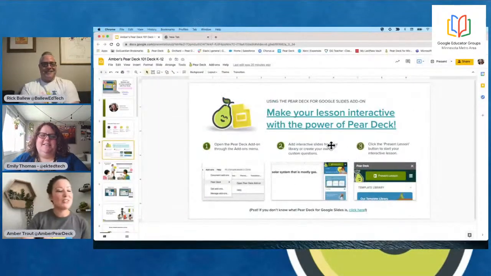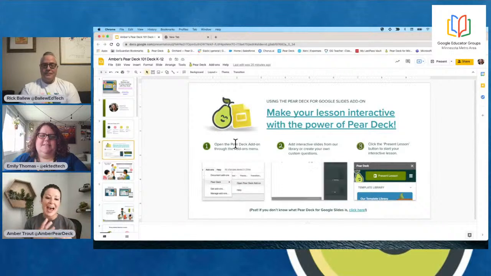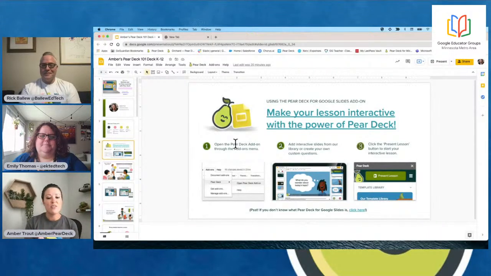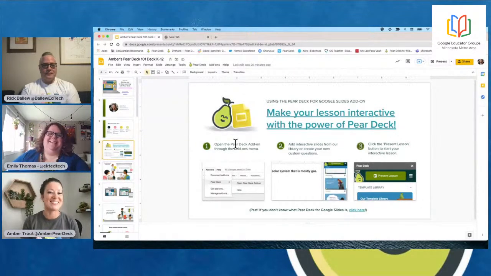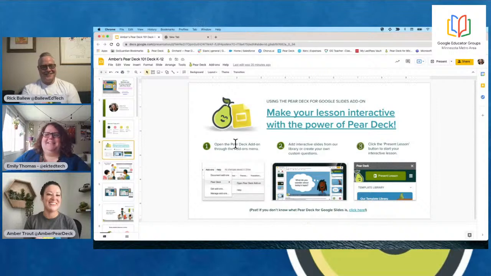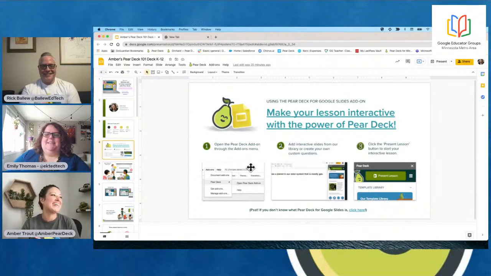All right, let's jump into Google Slides and I'll show you how you can add Pear Deck in here first, and then we'll go through and build, and then we'll be an interactive participant. So I know there's only a few of us today. You have to promise me that you're joining my Pear Deck as we're doing this so that I have some participants, but thank you for being here.